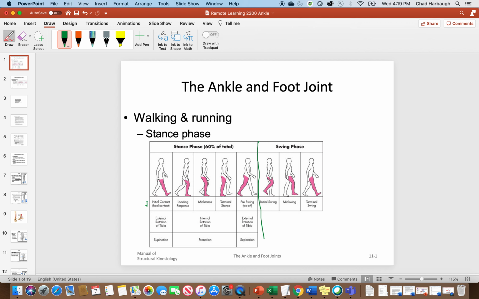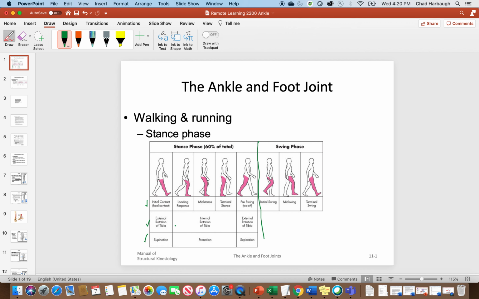So we have different components. The first area is going to be with initial contact. We're going to have two things going on with initial contact. During initial contact, or when heel is contacting with the ground, we're going to see external rotation of the tibia, and we're also going to be seeing supination. So supination is a combination of three different movements that are going to occur with the foot and the ankle. Supination is going to involve plantar flexion of the ankle. We're going to see adduction of the talus, and also inversion of the